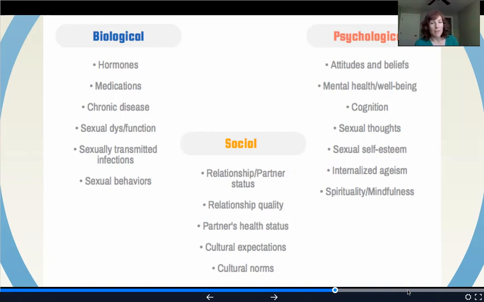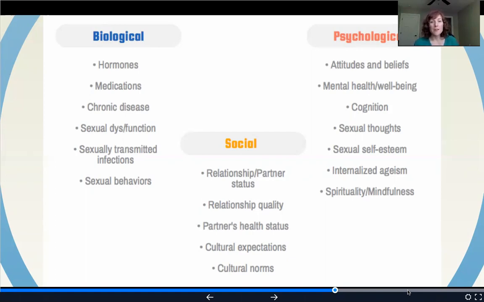On the social side of things, right, we have all of those interpersonal issues. One of the big things that I mentioned for older adults is just having a partner, right? What's your relationship status? Are you widowed? Are you single or divorced? Are you still married? Having a partner is a big part of the game in being sexual and having positive sexual experiences later in life. And not just having a partner, but what are they like? What's the quality of that relationship, right? If I have a partner who's horrible to me, whom I dislike, or I'm afraid of, or constantly angry with, that's going to affect my ability to be intimate with that person.